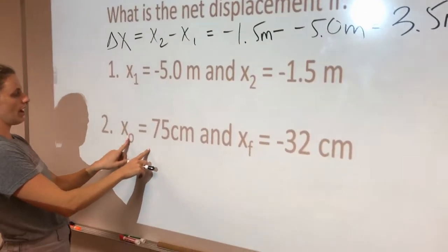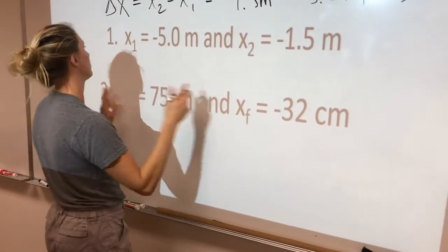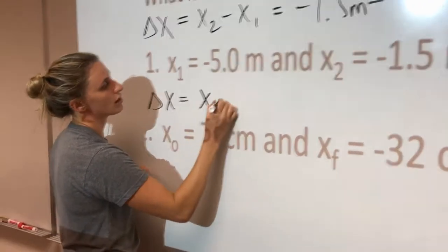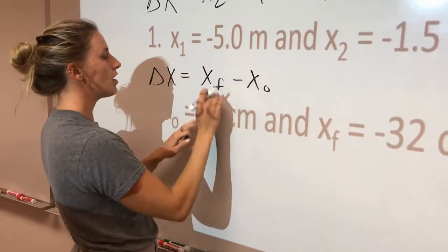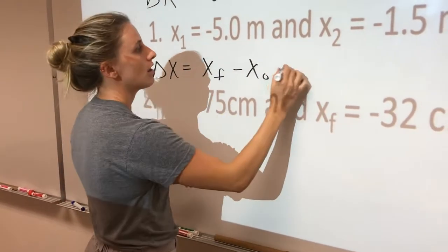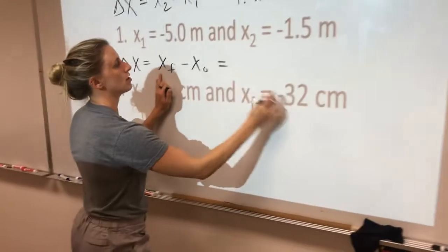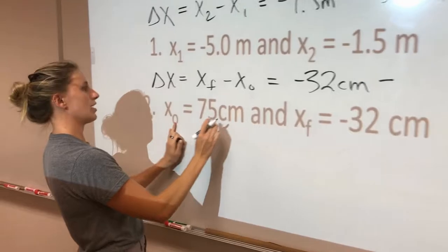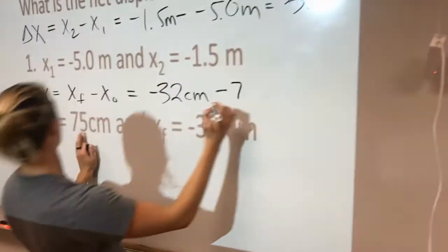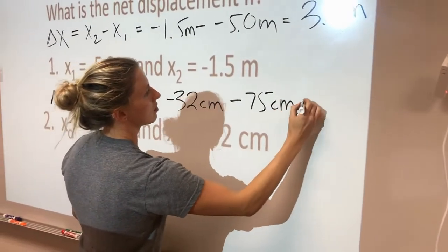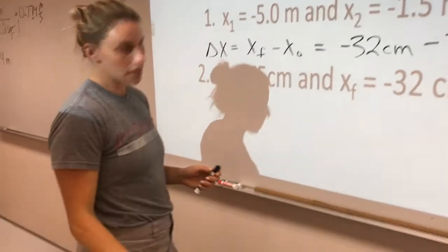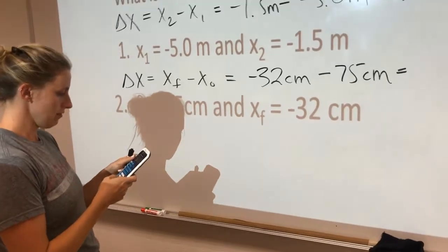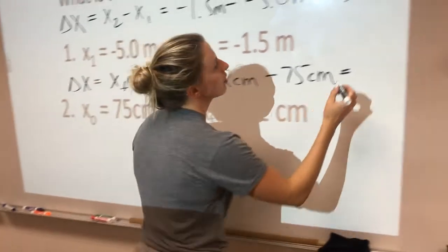Now down here, I have x initial and x final. So I'm not going to use 2 and 1. Instead, I'm going to use x final minus x initial. Again, same thing, but just different format. So my x final is negative 32 centimeters. This time we've got centimeters. We subtract my x initial, which is 75 centimeters. Okay, so then I'm going to plug that into my calculator. Negative 32 minus 75, and I get negative 107